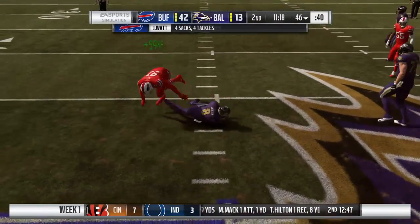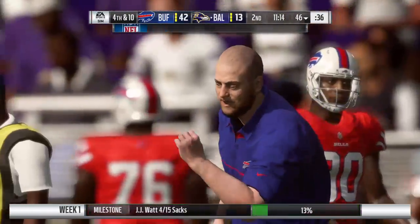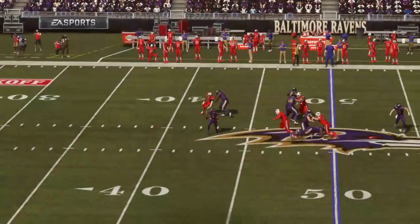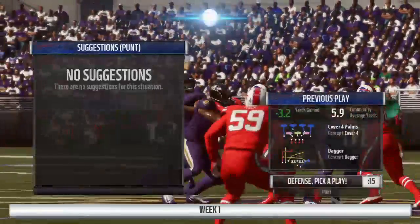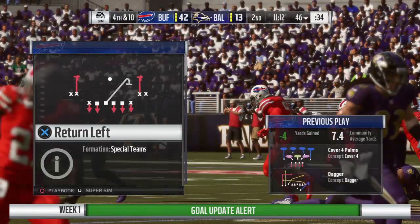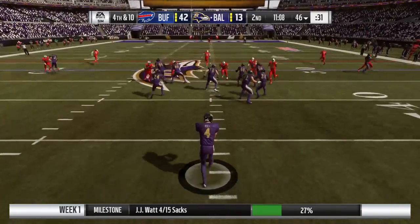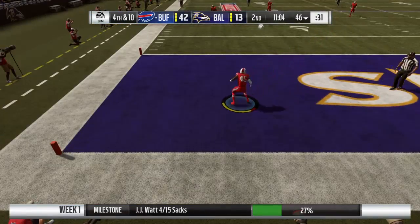Under pressure, and he will go down. Sacked back at the 46. J.J. Watt. Who else? He's in there for his 4th sack of the afternoon. I'm starting to wonder if this offensive line just simply doesn't like him. I mean, they've given up 6 sacks in this game. He's had nowhere to go, nowhere to run, and obviously nowhere to hide. And all those sacks in the first half, this is...